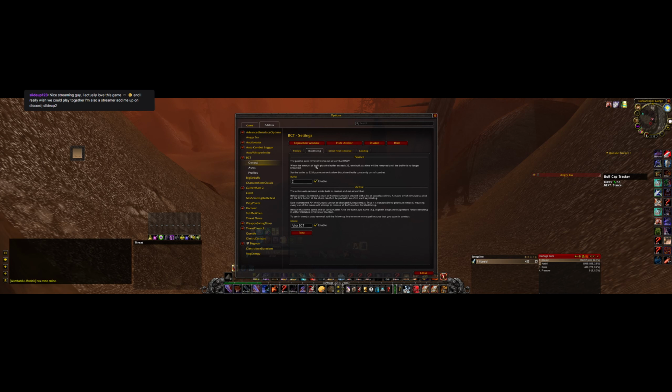For blacklisting, these are profile specific, by the way. Currently I have 3 separate profiles set up. I basically have one that is very liberal. It allows almost any buff to be on me, that I use for 5 mans, 10 mans, 20 mans, anywhere where I'm not onyxia-ing, I don't have world buffs. And then I have a profile that is set up for when I am world buffed, but I'm not using any